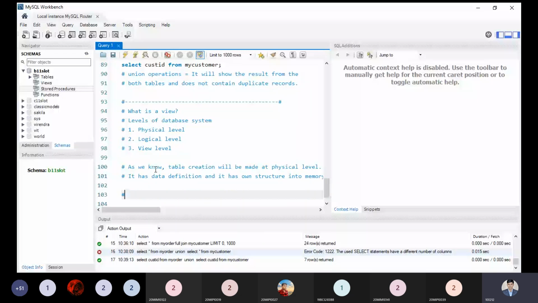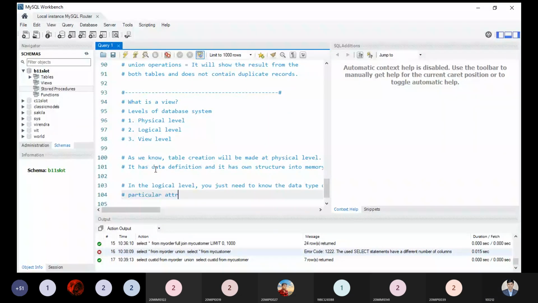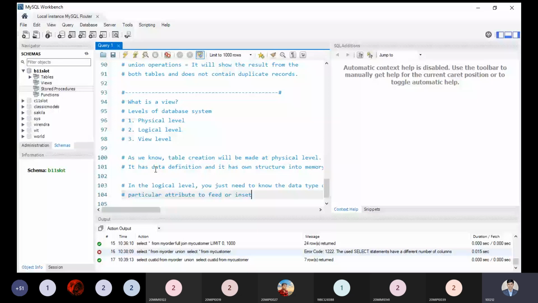In the case of the logical level, you just need to know the data type of a particular attribute to feed or insert the data information.